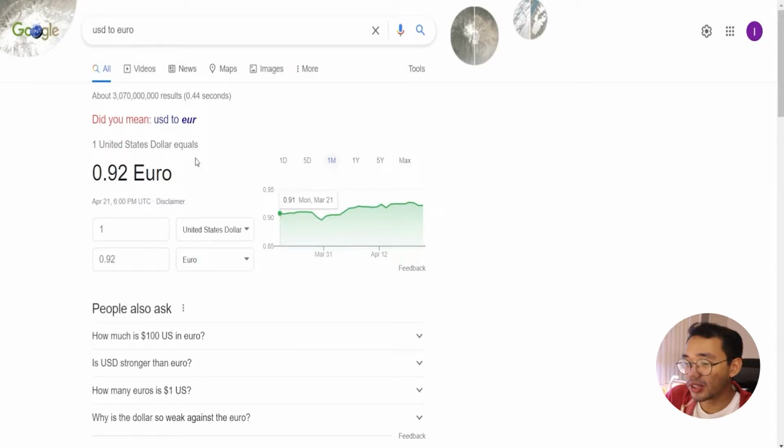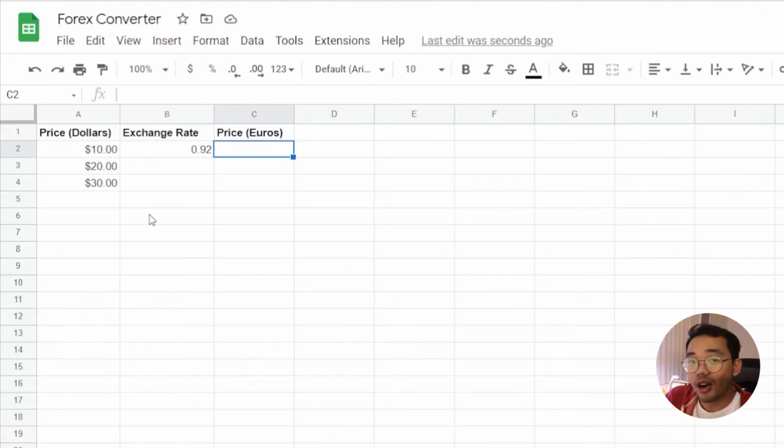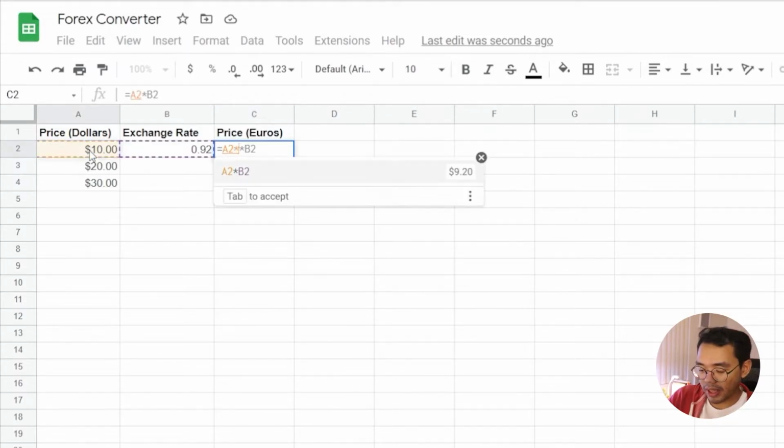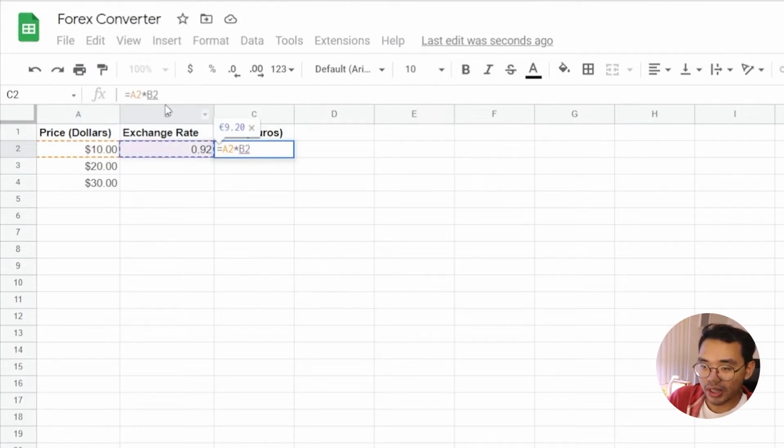From our quick Google search, we can see that 1 US dollar is equal to 0.92 euros. So we can go ahead and plug in that exchange rate in our spreadsheet. All that's left to do is convert these dollar prices into euros. To do that, we type in equals, select our price in dollars, and multiply that to our exchange rate, and make sure that our exchange rate is actually locked,